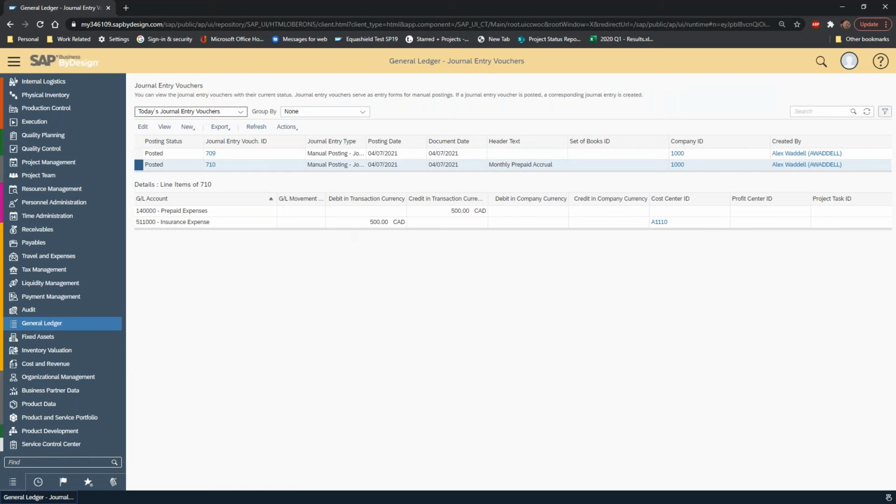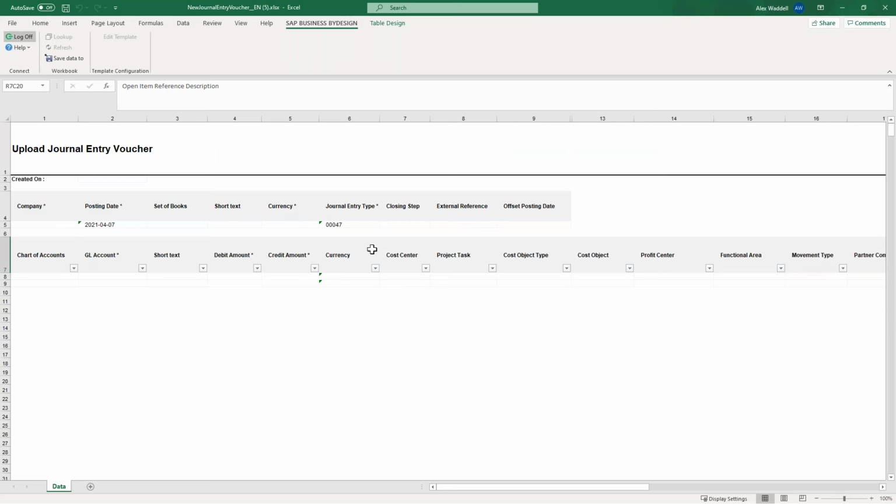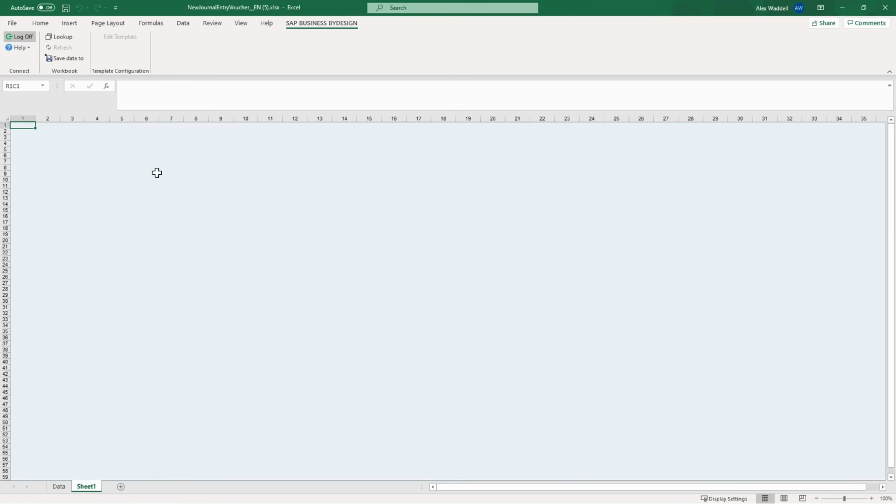So that's the Excel features. Maybe one other thing I would just add, so keep in mind, once again, if you're looking at this template, it's very easy to add tabs and work with regular Excel. So for example, what I find easier, if I'm having my Excel template that I like to use each month, what I like to do is actually export the GL chart of accounts onto this tab, make this my list